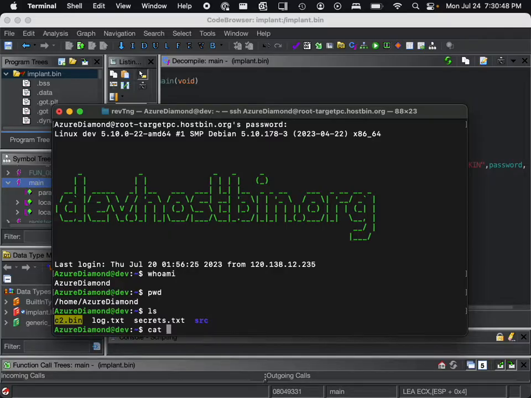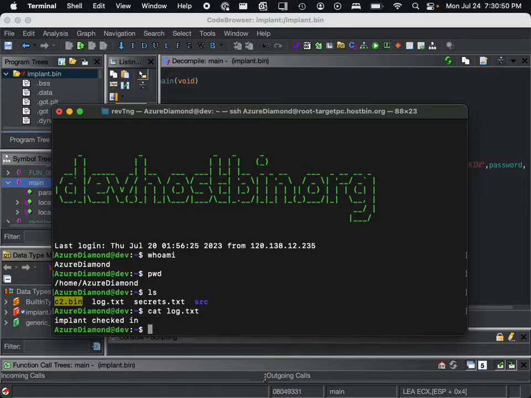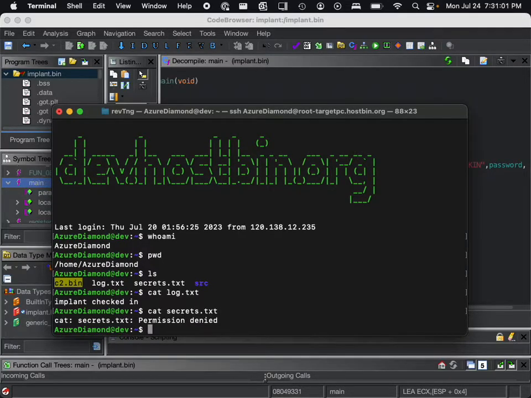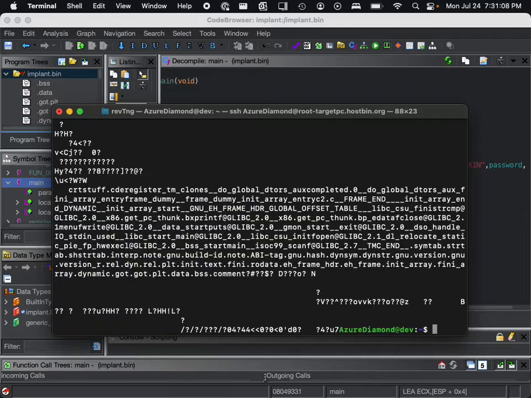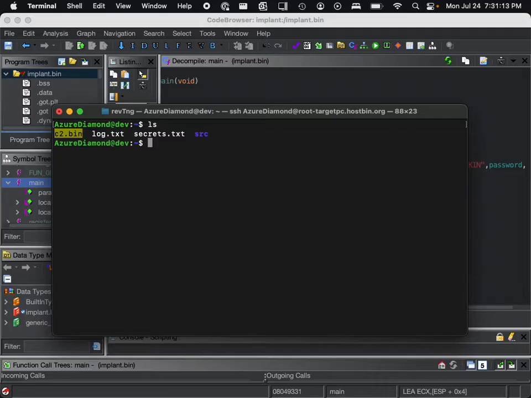So let's look at the log. Implant checked in. Okay, cool. What about secrets? Permission denied. Okay, well, what if I want to look at C2.bin, right? No. What if we try to run C2.bin? Okay, it needs some sort of input, right? Well,